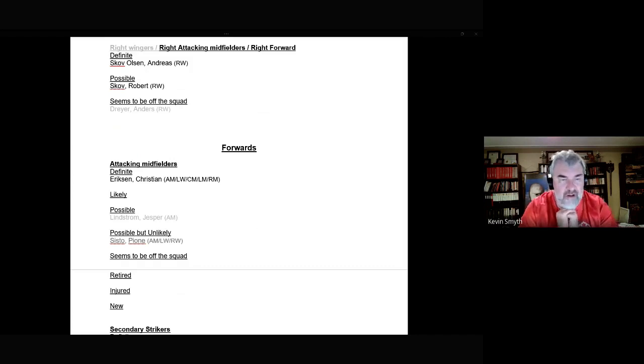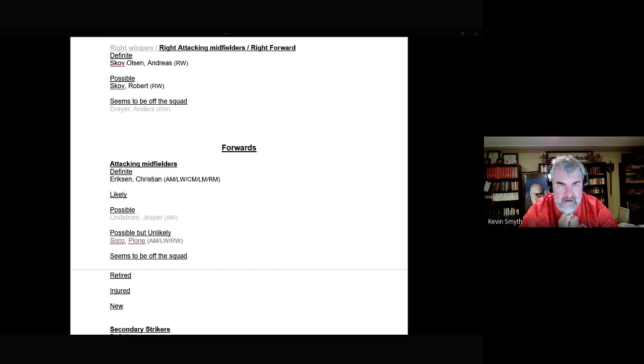possibility. Finally, Pione Sisto has not started any of their games since the Euro Cup in 2021, but he was subbed in for 1 and on the bench for 1. However, he seems to be drifting off the team because he wasn't selected for 11 matches, including the last 6. So Pione Sisto